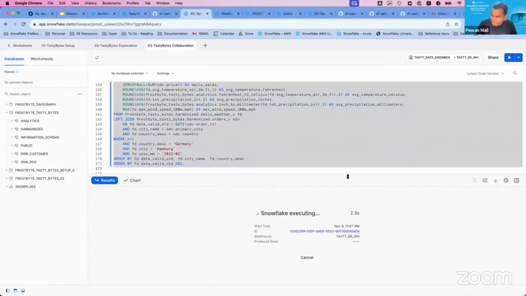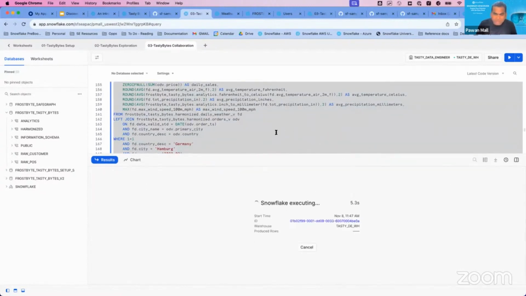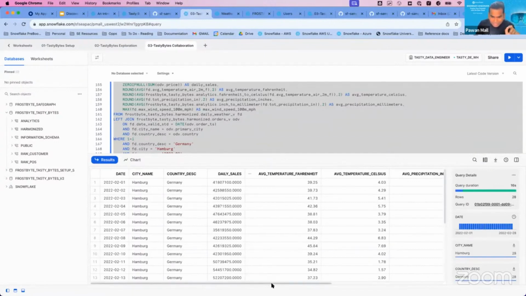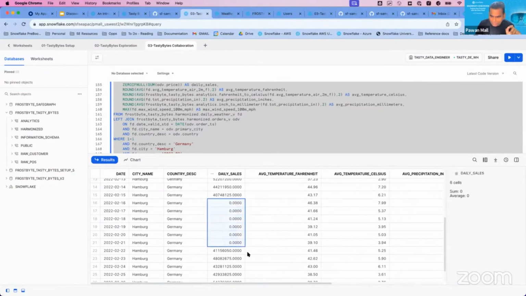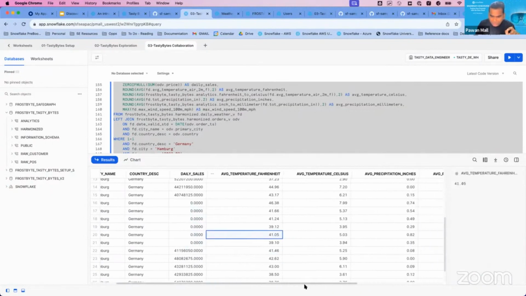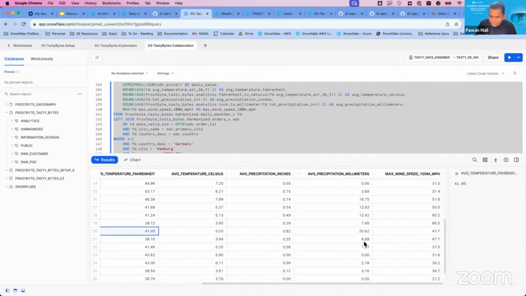Here I'm combining my sales data, which is present as my first party data, with the weather data, which has information on the wind speed, the temperature, the rain and all that. After running the query, I can see that on those particular days where my sales were 0, I can see the temperature, the rain and the wind during those days. And the culprit is the wind, because anything beyond 37 or 36 is super high for a food truck to operate in, right?